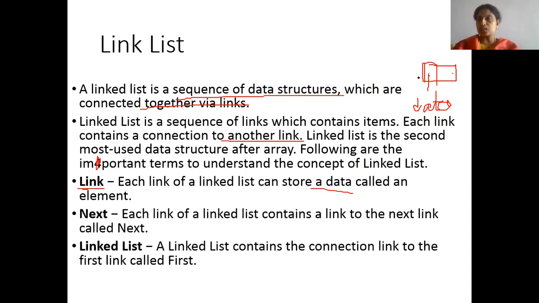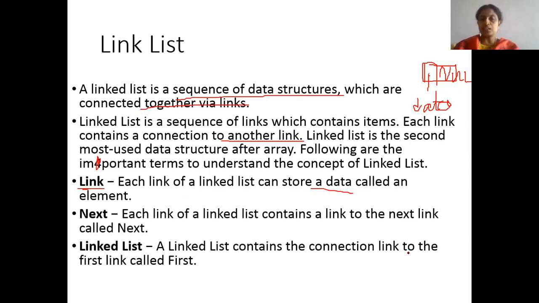In case this is the last node, there is no address after that, so it will be declared as null to tell the computer this is the last place I have stored my address and the linked list is over. So in the last node, the address won't be there, it will become null. When the address of a node is null, it is understood that it is the last node in the linked list.